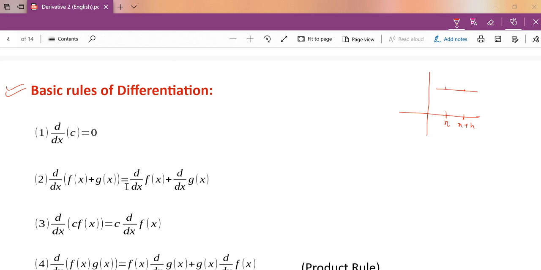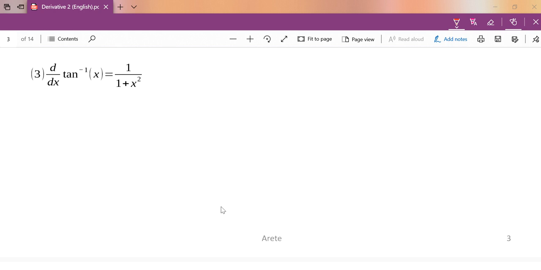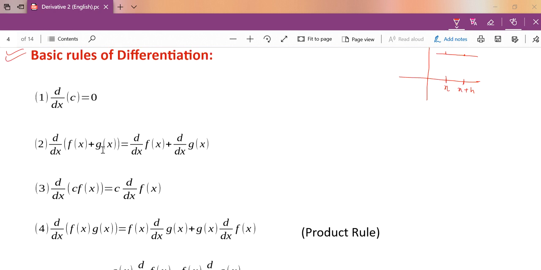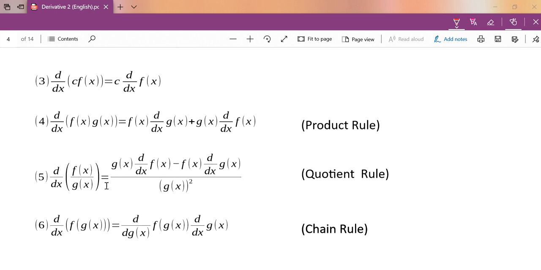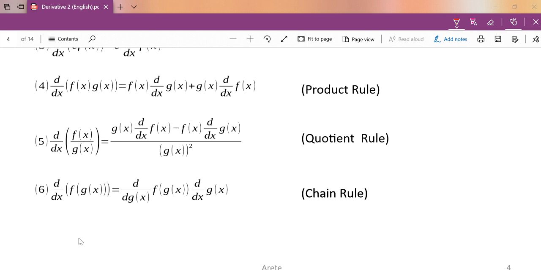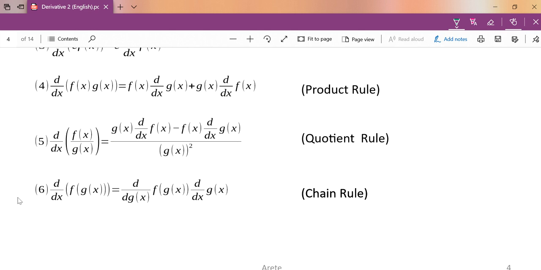For the other ones you can just use the first principle, the definition we did, and you can get the derivative of a function. For the sum of two functions, the derivative is the sum of the individual derivatives. Then you have the product rule: the derivative of a product of two functions is the first function into the derivative of the second, plus the second function into the derivative of the first. Similarly, you have the quotient rule. You need to know the proofs of all these, as well as memorize them, so you should be very good at finding the derivative of any given function.